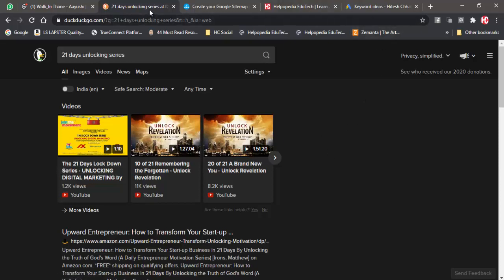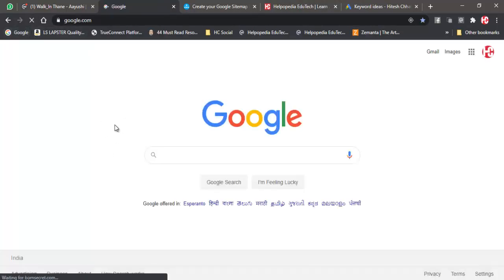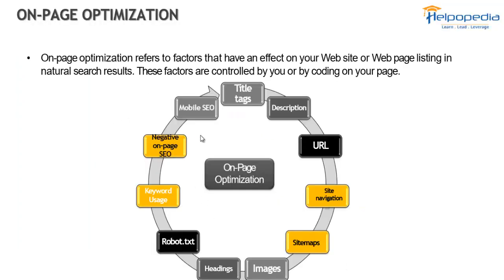So this is what we need to know, that if we do search engine optimization in a proper way, we do good keyword research analysis, and we keep on continuing to do it, then yes, our content will be on the top. So this is what we do in on page optimization. That is, whatever we have to do, we will be doing on our website.